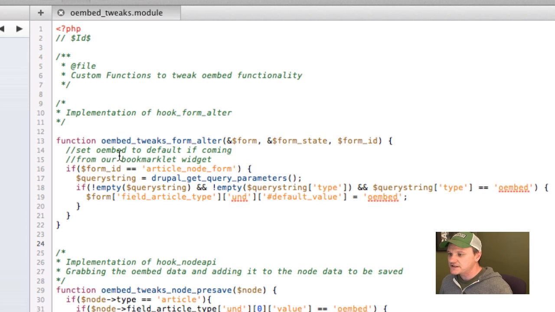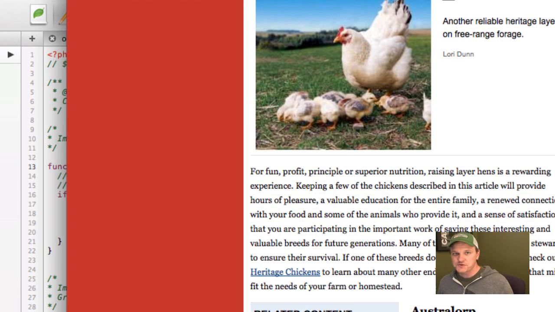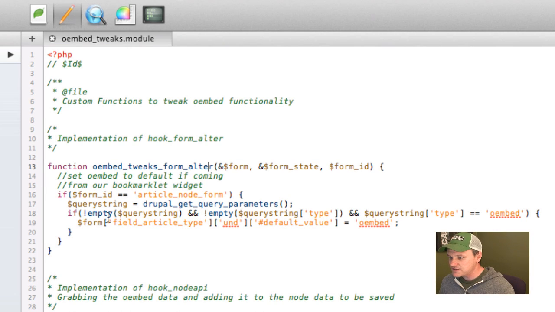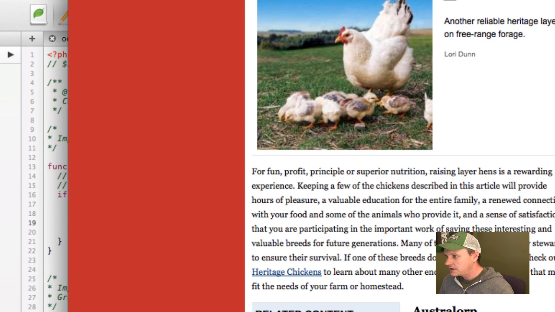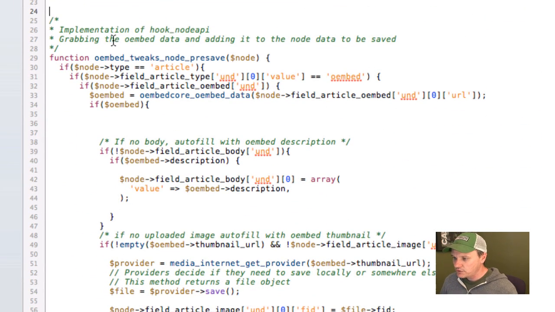So if you go through this, we're doing a form alter. So we're basically going through, from our bookmarklet, the prepopulate module and bookmarklets. I couldn't figure out how to make it actually pre-populate a select list. So I just basically said, if the query string has Oembed, which it does, then go ahead and populate the drop-down provider. Once again, we're talking about this right here. Populate that as Oembed. Now let's go through with Hook Node API, and during the pre-save process, if it's an